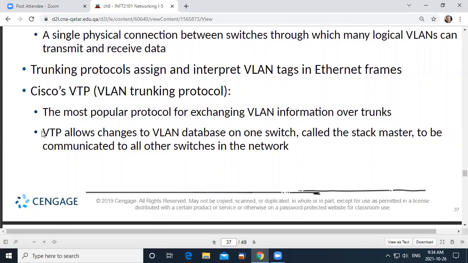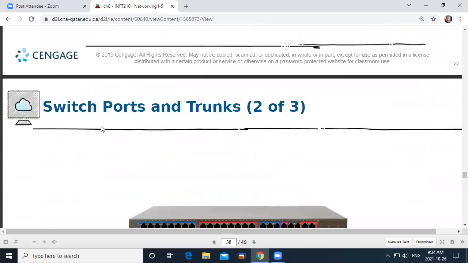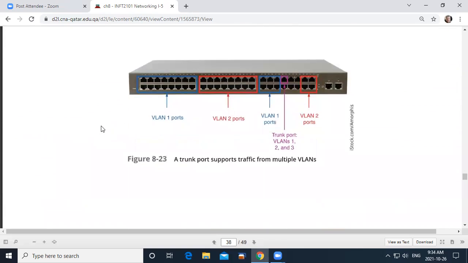And there's a special software that we've got from Cisco, VTP, VLAN Trunking Protocol, which allows you to make sure that your frames are going to the right part of your network. The next diagram shows that pretty well.